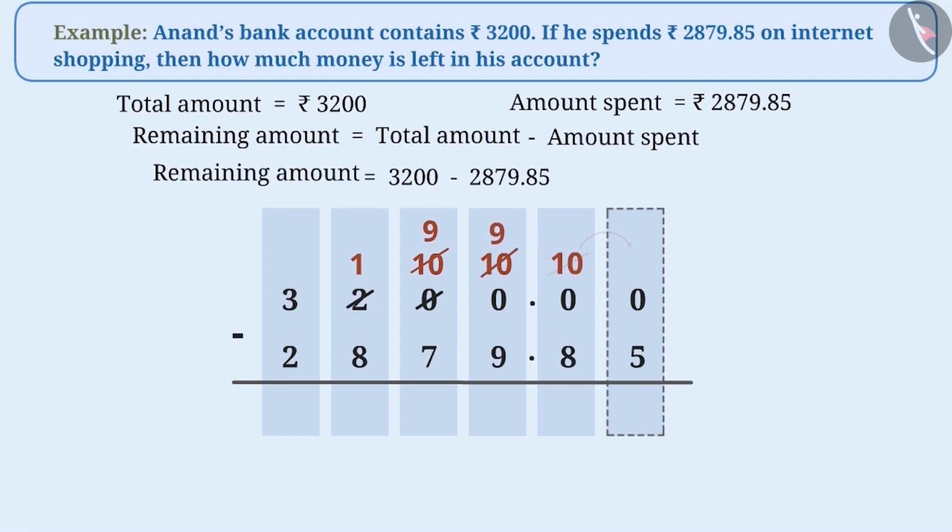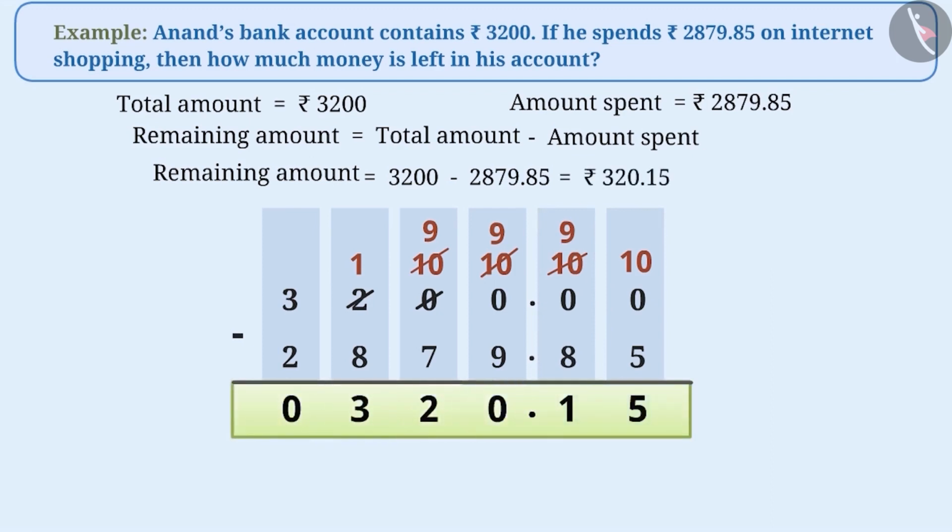In this way, we will keep borrowing. Now, the value at hundredth place is 10. Subtracting 5 from 10, we get 5, which is written in the hundredths place in the result. Similarly, by subtracting 8 from 9 at the tens place, we get 1, which is written in the tens place in the result. By calculating the same way, we get the result as